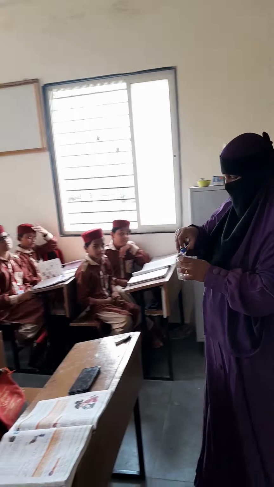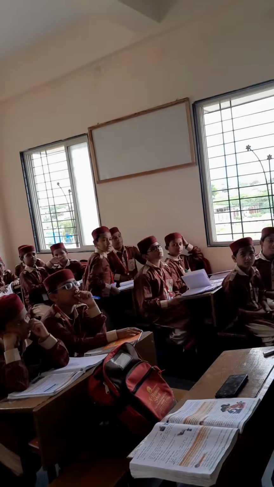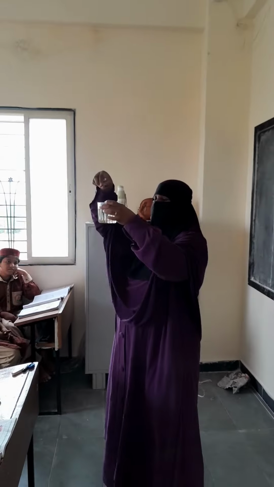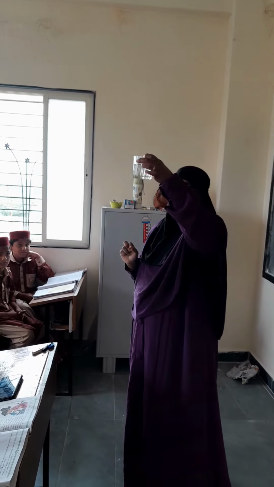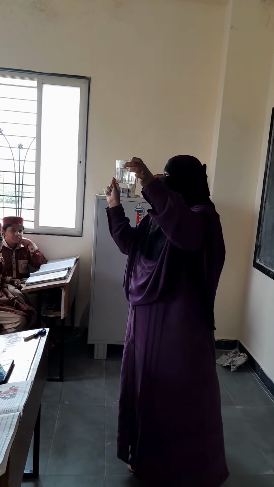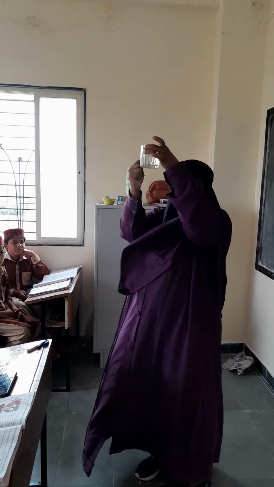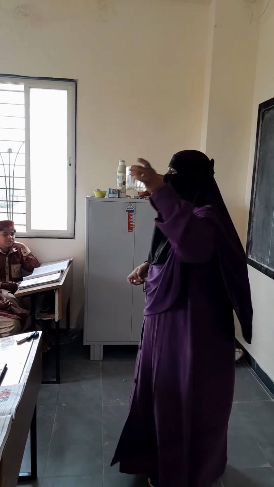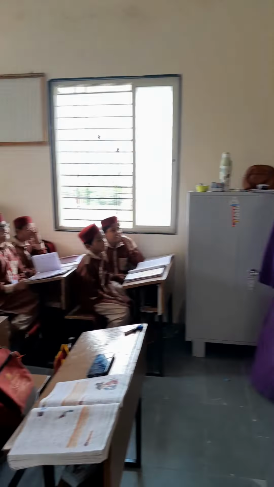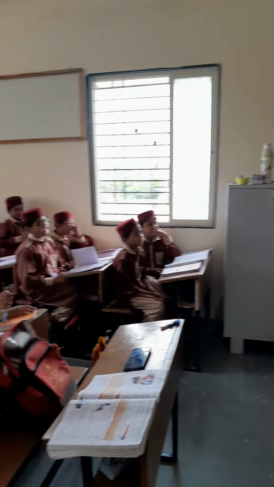Now, here I am having a small piece of wire. Let us see what happens to this now. When I am putting it, what happens? It's a very small piece, but it is heavier. Why? Because it is going down. It's not floating on the water. So in which column will it come? In the heavier column, the wire will come.